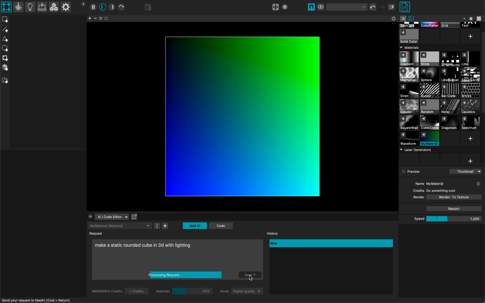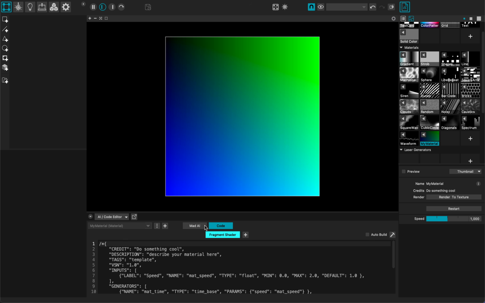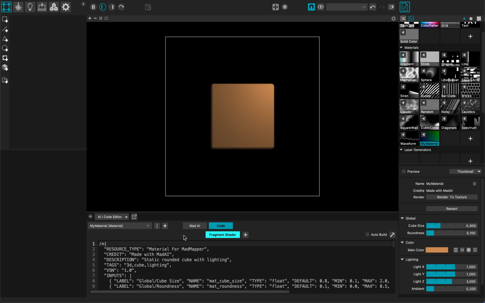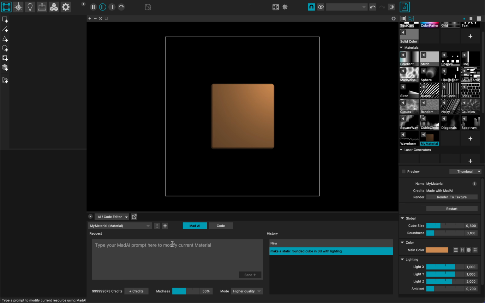I click the send button and the send button is processing my request and sending it to our MadMapper servers, which use different AI providers to generate the code for you if you don't know how to code. What is cool is that anytime you can switch from the MadAI to the code generation, so you can see the code that's being edited right now, and I can come back to the MadAI here and continue asking for some stuff. So here it generated